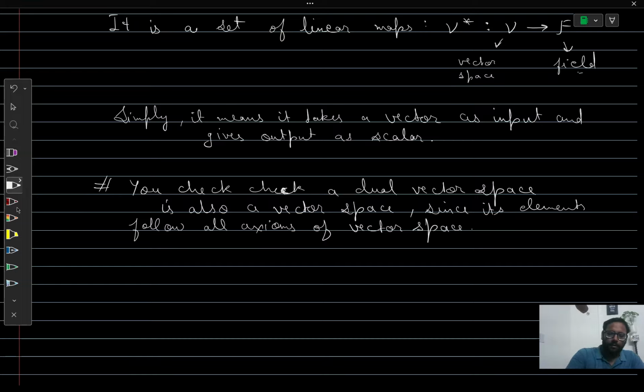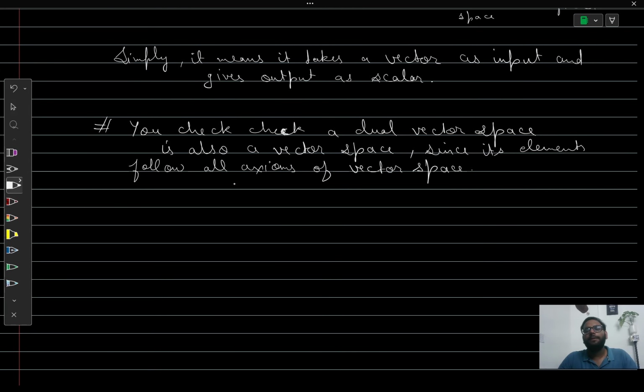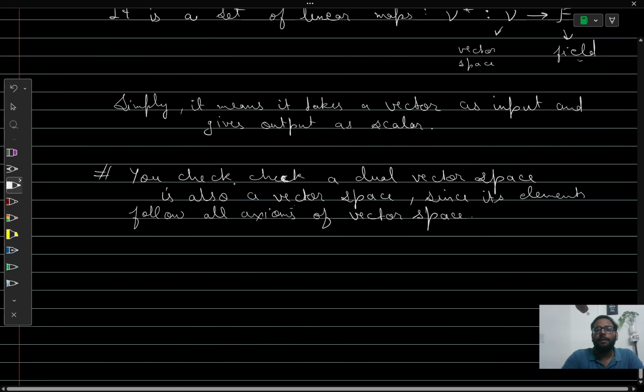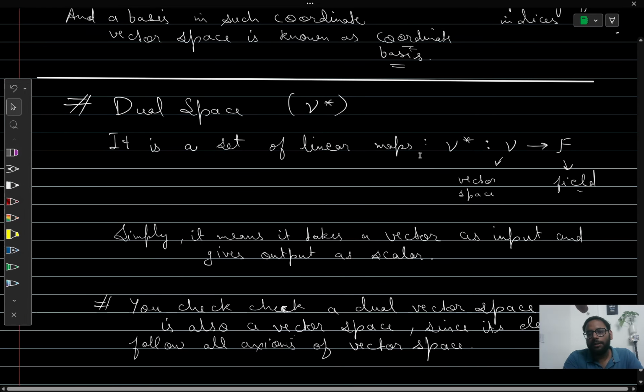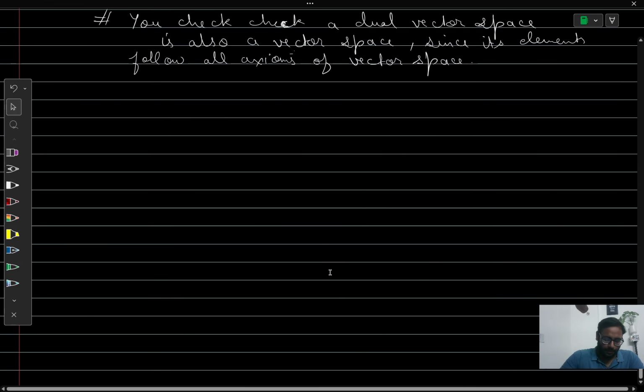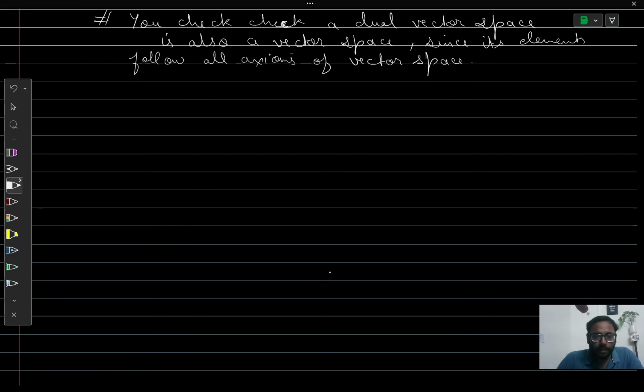Okay, it follows all the axioms of a vector space. That's why this dual vector space is also called a vector space. I mean, this is also a vector space. It is just a vector space, but it is a set of all the linear maps that takes an input from the vector space, that is a vector, and it spits out a scalar that belongs to a field. Okay, so yeah,